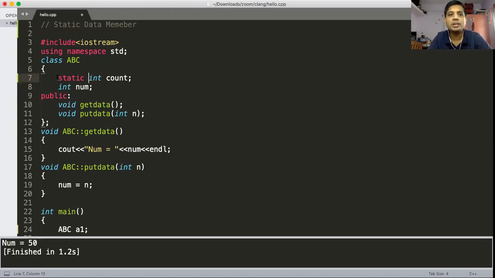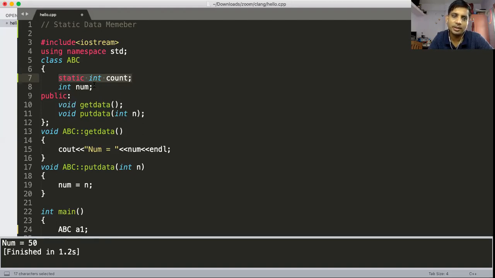Now the meaning of making the variable static is that it is no longer related to the object. It is not an object variable. This is a class variable.